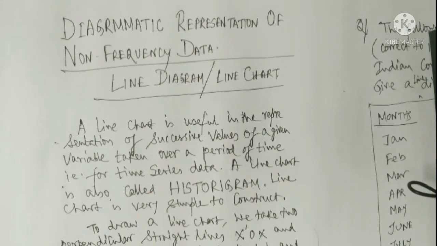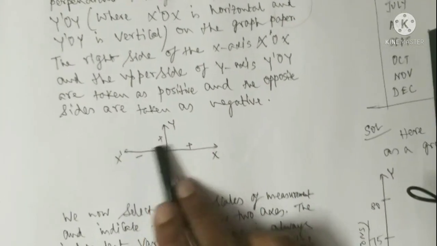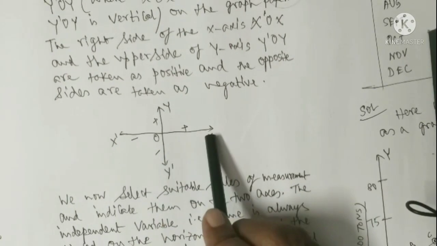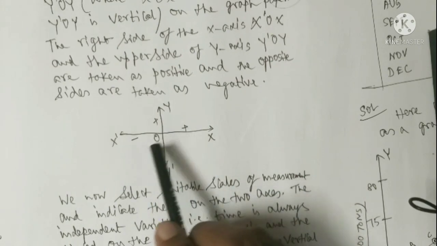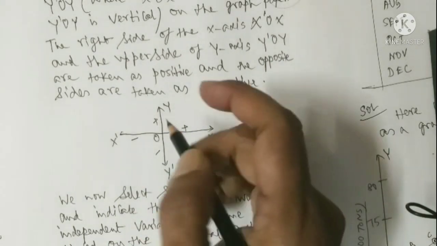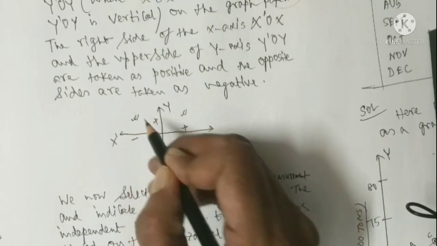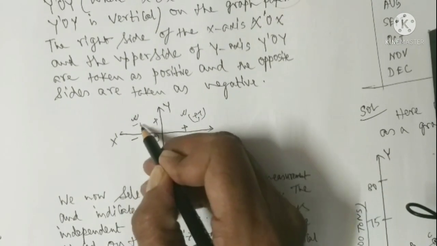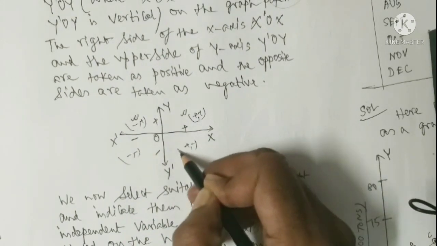This is shown in the following figure. That is, from O to the right side of x and O to the upper side of y, these are positive, and this side negative, this side negative. If I take the coordinate part of this, here plus plus, this is minus plus, this is minus minus, and this is plus minus.